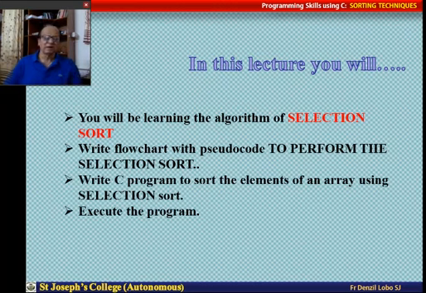Now, as I said earlier, sorting is very important in computer science. There are very many various ways of sorting numbers or alphanumeric data. You have already studied one sorting technique that is called the bubble sort. You have a list of numbers. I want to arrange them, say, in the ascending order. How am I going to do that is the question.